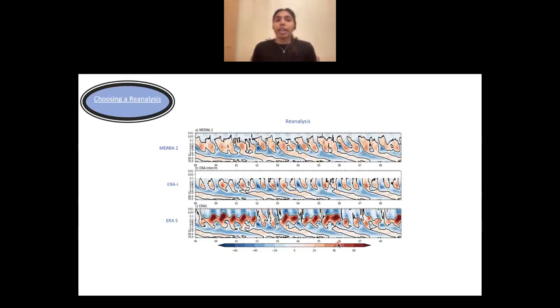Now, in order to understand the climate model biases, I will need something to compare it with. And so I have looked at some reanalyses here. I can't actually use observations because it is difficult to calculate some of the terms I want for my comparisons from observations. So that's why I have focused on the reanalyses. And here I have three of them, ERA-5, ERA-Interim and MERRA-2.